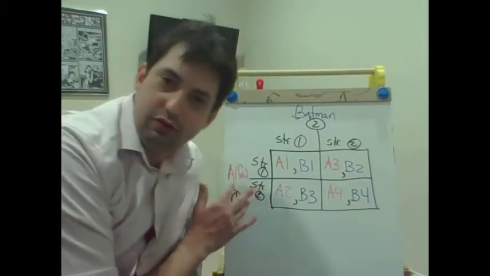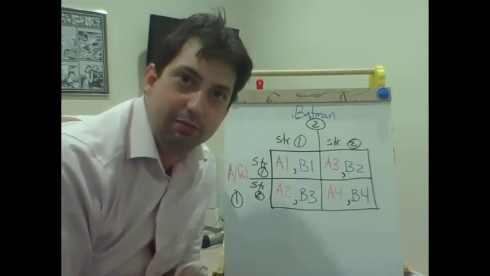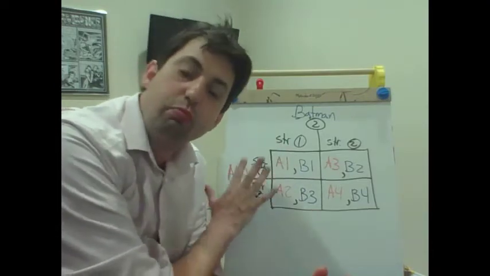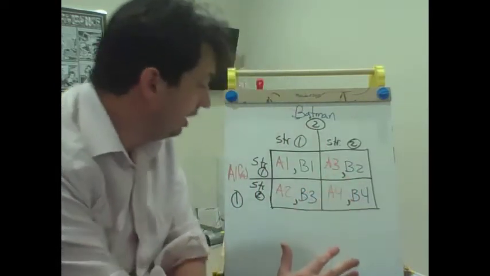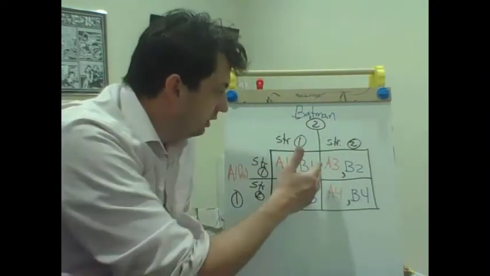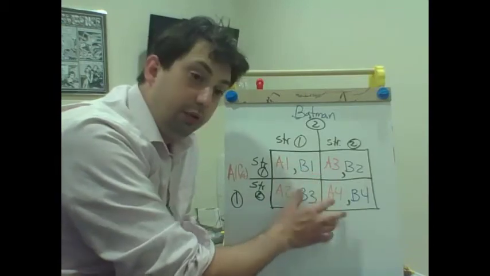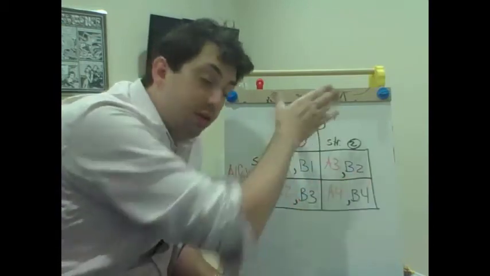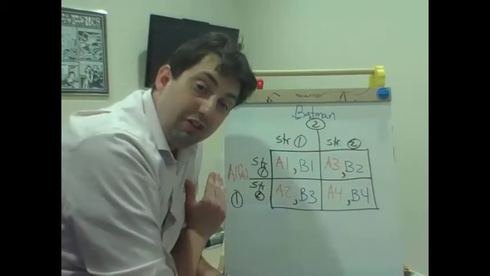Now I have no values in these payoffs, so we can't play the game. This is just to remind you which payoffs go to which player, because it can get a little confusing when you have these numbers and you forget. The second number always goes to the player on the top. The first number always goes to the player on the left.